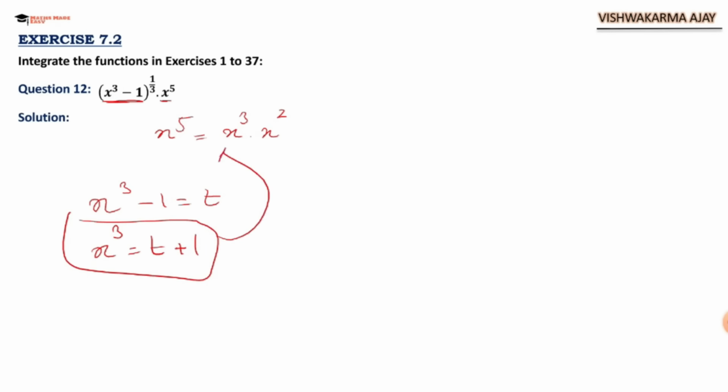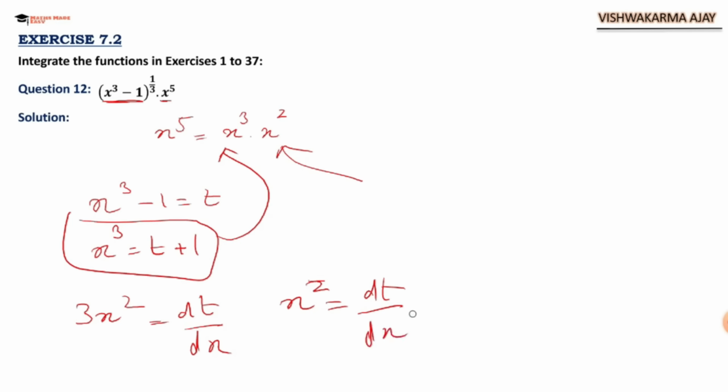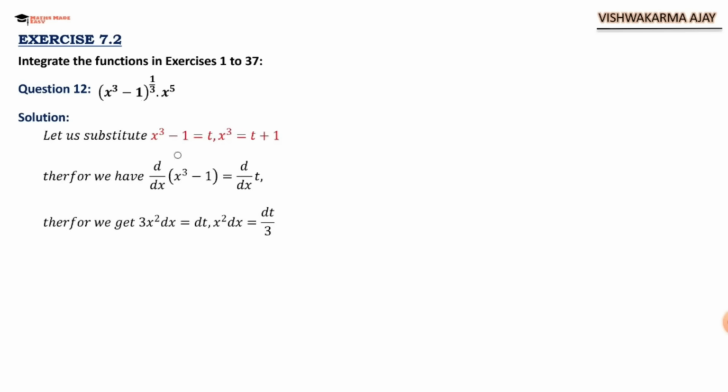This will replace our first term. X square will be replaced if we take the derivative of this, because now 3x square is equal to dt upon dx. So x square dx can be written as dt upon 3. So let's do this. Okay, let us substitute x cube minus 1 as t, as I told you before. Now taking the derivative of this,